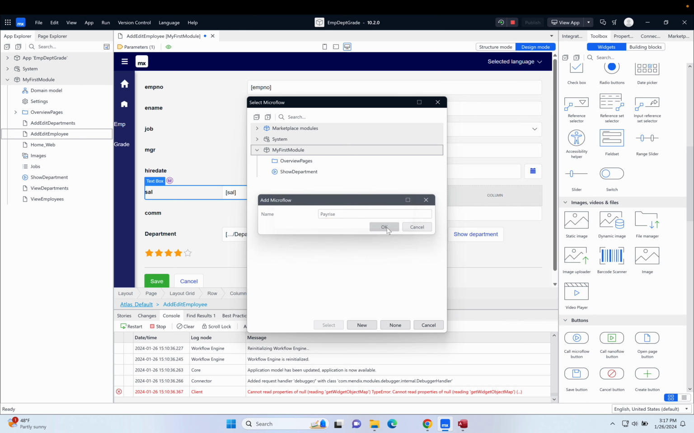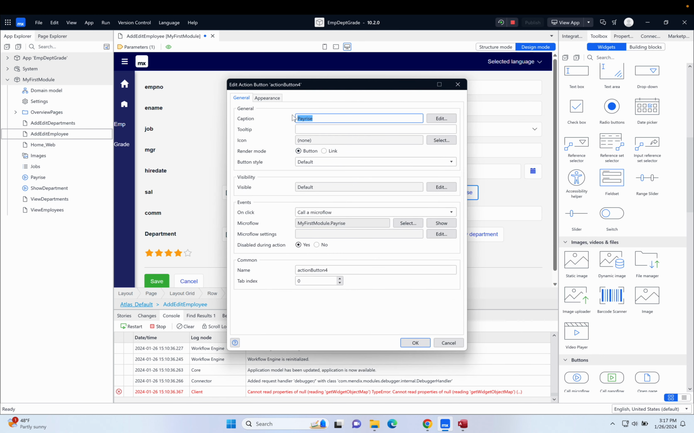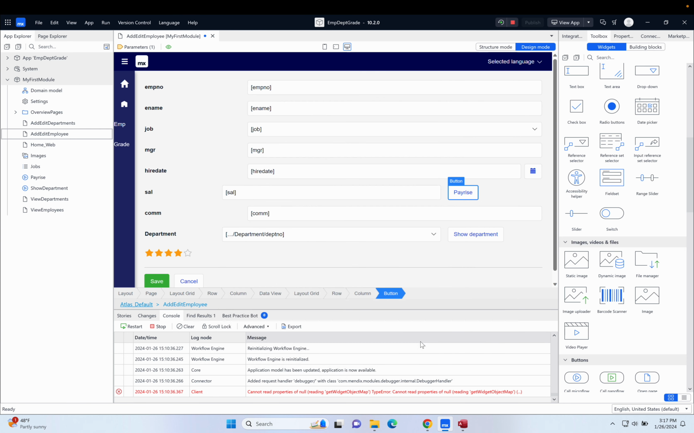There we go. So it's created the button, put a label on the top. Obviously I could change that label if I wanted. I could double tap and change the caption. I'm just going to leave it as it is at the moment, that's fine. That button, when it's clicked, is going to run a microflow. Which microflow? It's going to run the pay rise microflow, which currently doesn't have anything inside it,